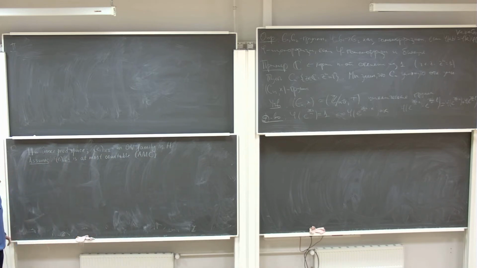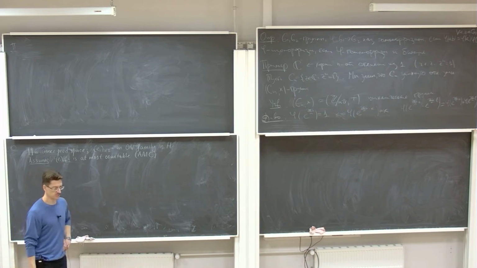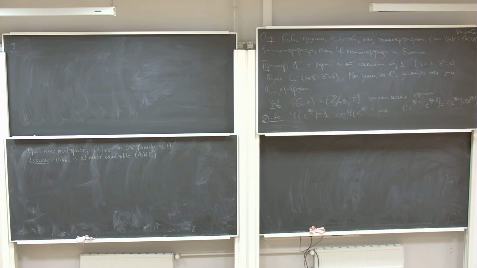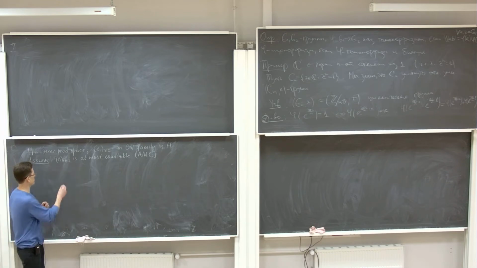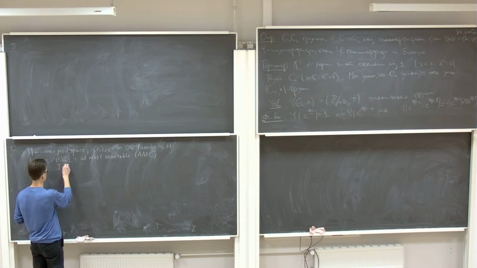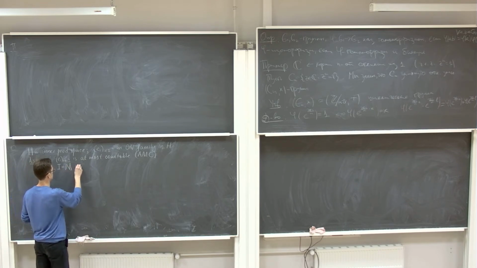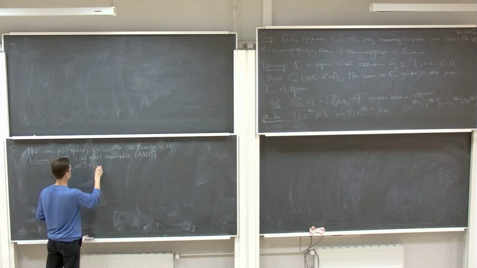This is quite natural because we are mostly interested in separable Hilbert spaces because they form the most important class of such spaces. And we have proved at the previous lecture that if H is separable, then each orthonormal family in H is at most countable. So this is a very natural assumption. Since this family is at most countable, we may assume that I is either the set of natural numbers or the finite set from 1 to n.